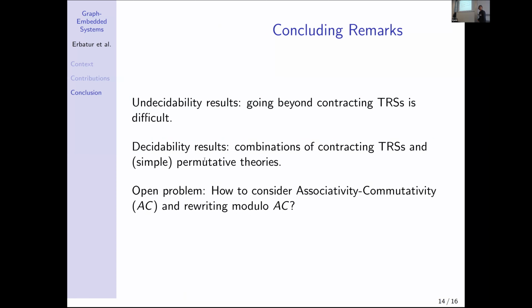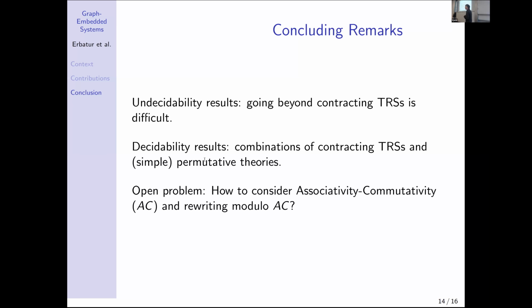And so now it's time to conclude. To sum up, in the paper we show some undecidability results. Especially, we have shown that it's very difficult when we try to go slightly beyond contracting. We easily get undecidability. So we have to be very careful if we want to weaken a bit the contracting definition. But on the other hand, we have also obtained new decidability results